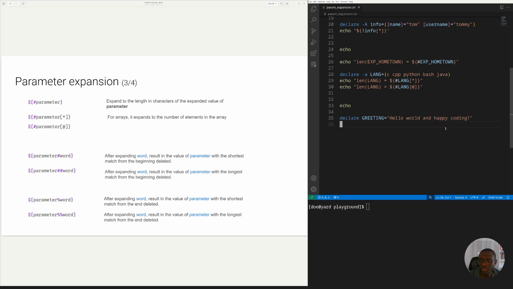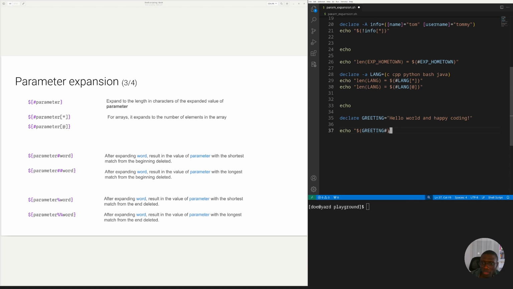Let's say we have this as the string on which we want to apply a match, and we want everything from hello world, so everything after hello. So we need to look for a match at the beginning of the string. So to get the match at the beginning of the string, our variable here is greeting, and with greeting